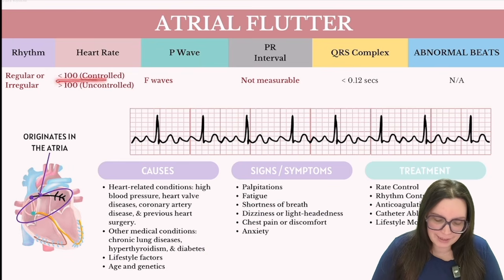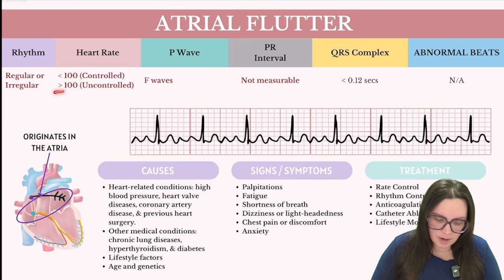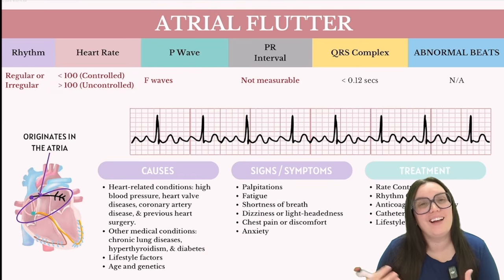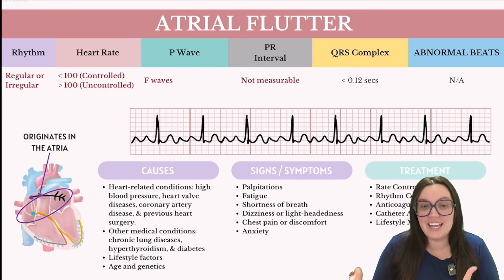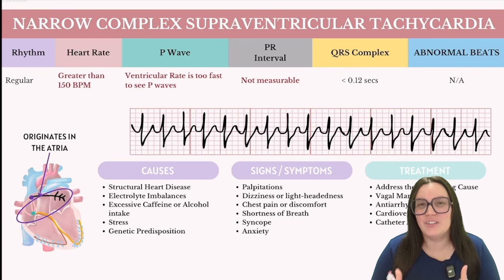Anytime we have a heart rate less than 100, we call that a controlled heart rate. And anytime we see heart rates greater than 100, we call that uncontrolled. And then lastly, the signs, symptoms, and causes, as well as treatment, are going to mimic what we see with atrial fibrillation. So let's discuss our last atrial rhythm, known as narrow complex supraventricular tachycardia, which is characterized by a